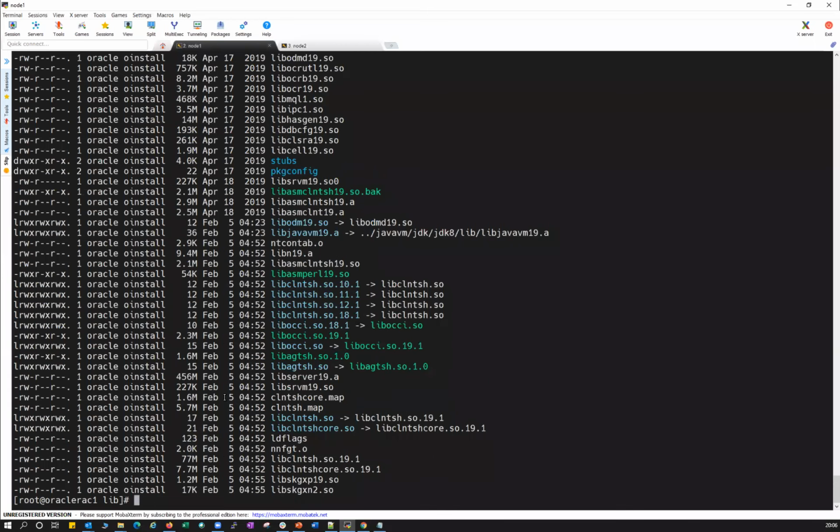So first, it will shut down your cluster. Second, it will stop your TFA, and it will unlock your grid home and change the permissions in order to patch. It will give permission to the grid owner or Oracle owner to apply the patch. Whatever is locked with root permission, some of the binaries or libraries will be owned by root so that nobody can edit those files. If you run the pre-patch command, it will release that lock, and the permission will be changed to the grid user or Oracle user.